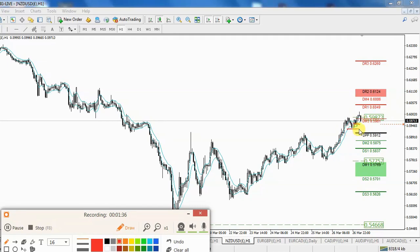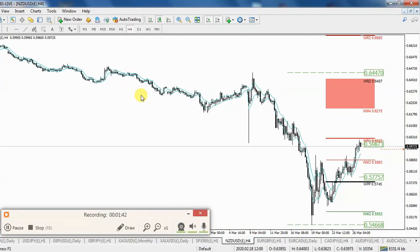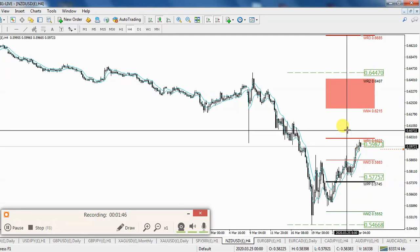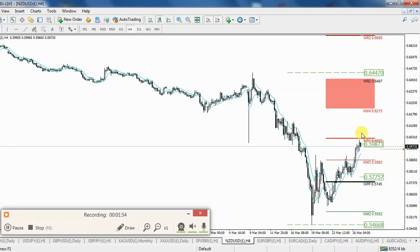It's about 25 pip stop, so it's still decent. So 25 pip stop, and for the target, we will be looking to ride it up to these highs here, which is at 60.55. So we'll be looking at about 100 pips. If we take a 25 pip stop loss, that still gives us a 1 to 4 risk reward, which is